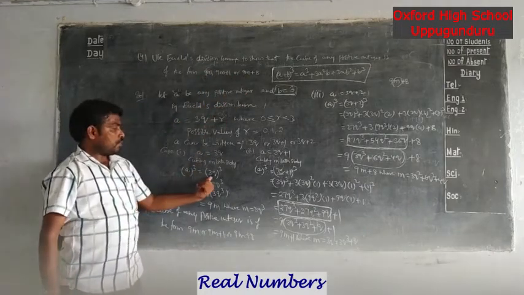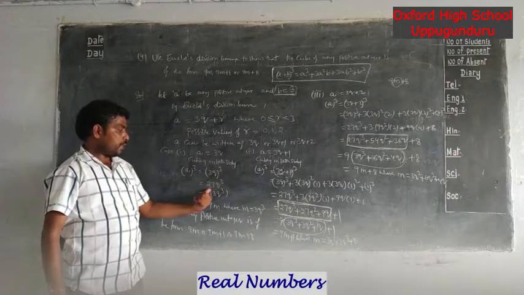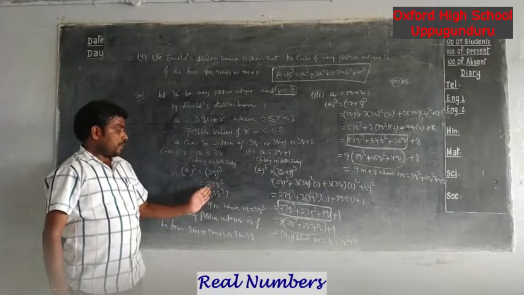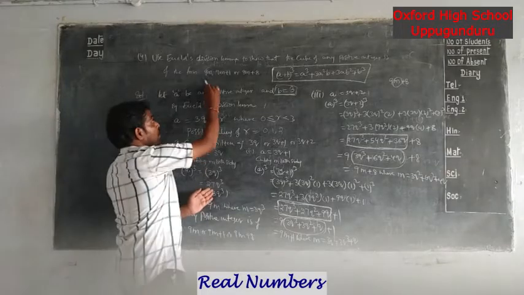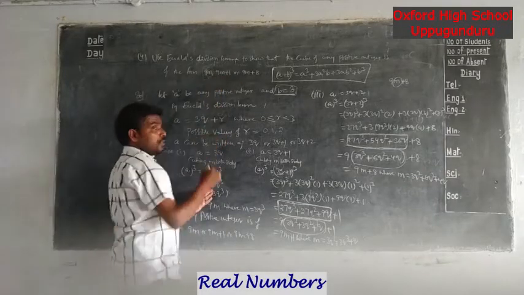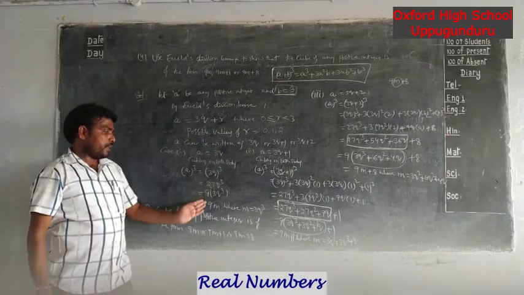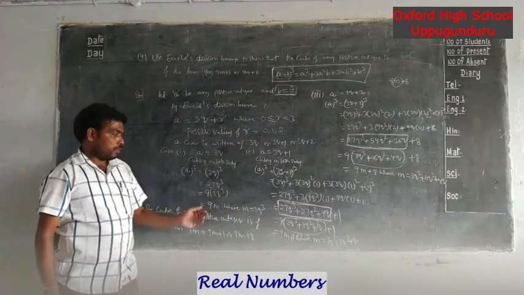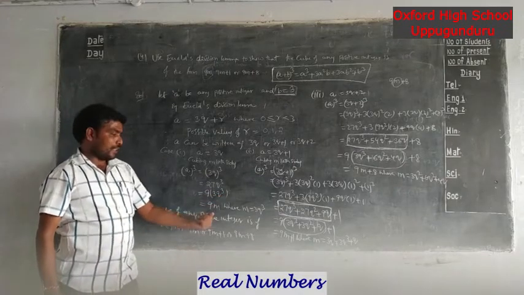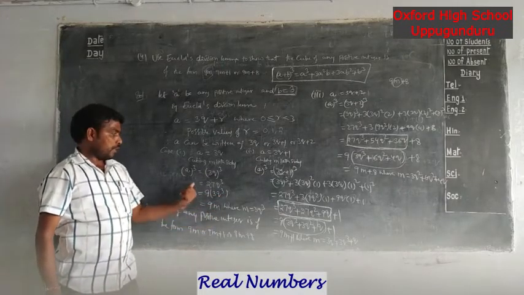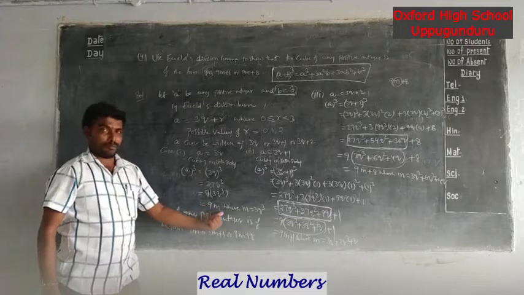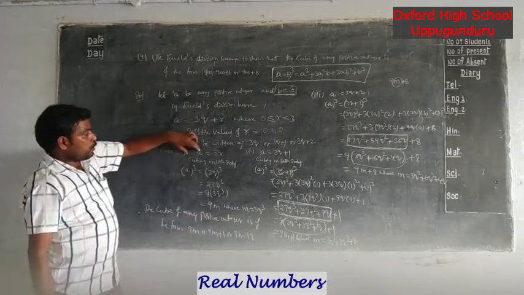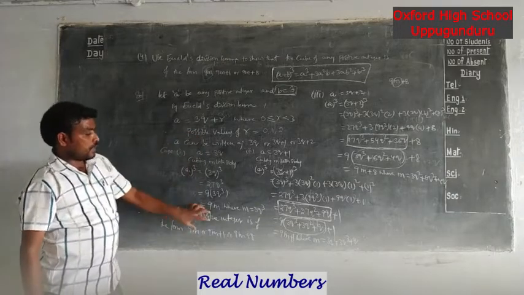Here a cube equal to 3q whole cube, we are getting 27q cube. So here it is only one term, and among these three forms, only one is 9m. That's why we are writing 27q cube as 9 into 3q cube, and 3q cube we are considering as m. Now we are expressing a cube in terms of 9m, where m is 3q cube. In this case, we are proving the cube of this positive integer a as 9m.